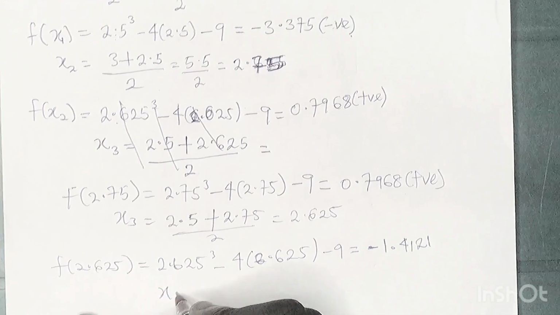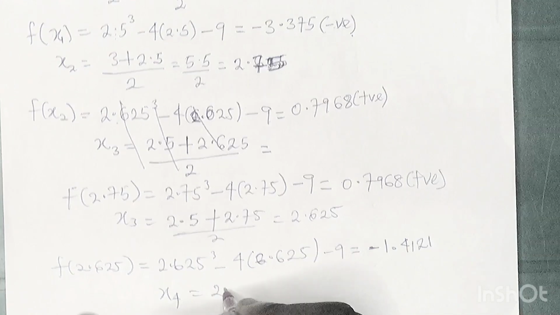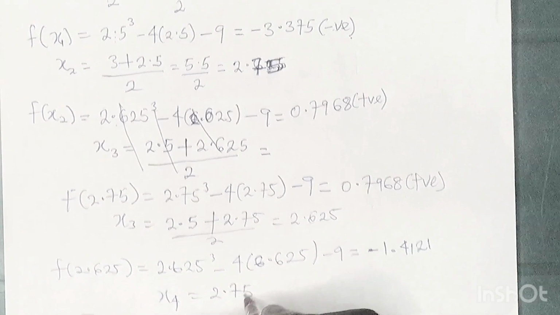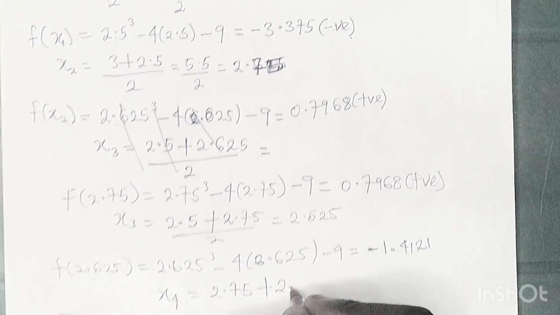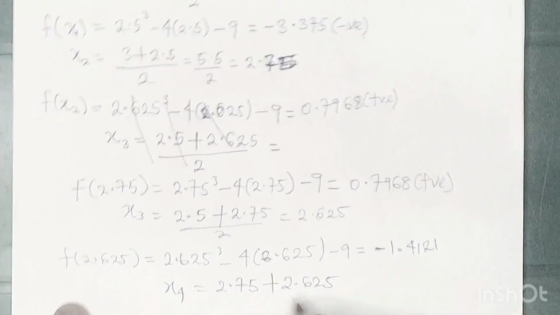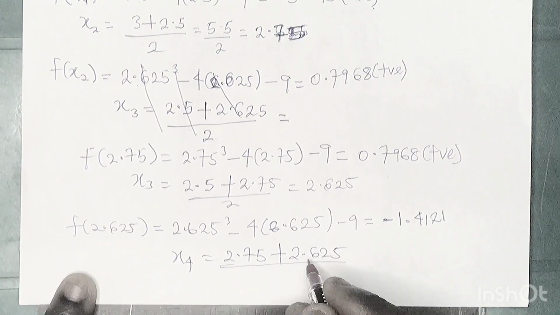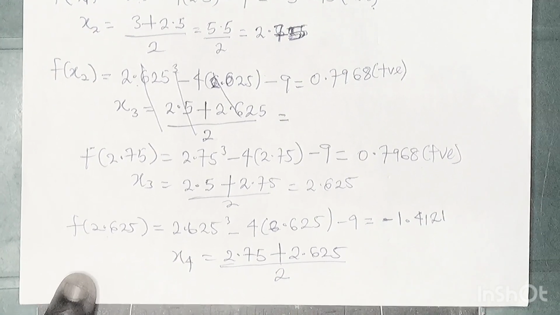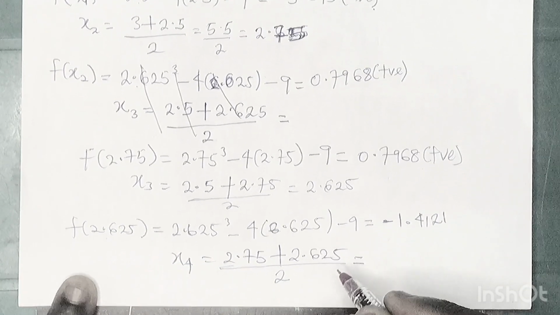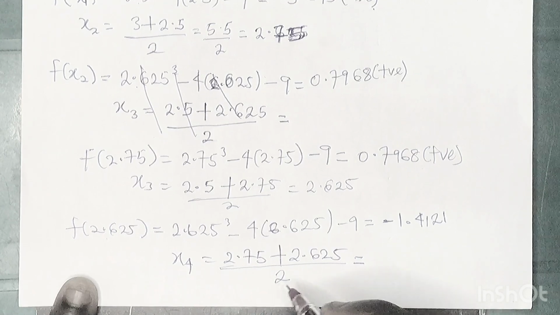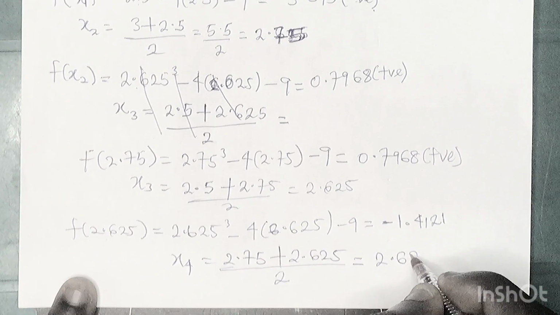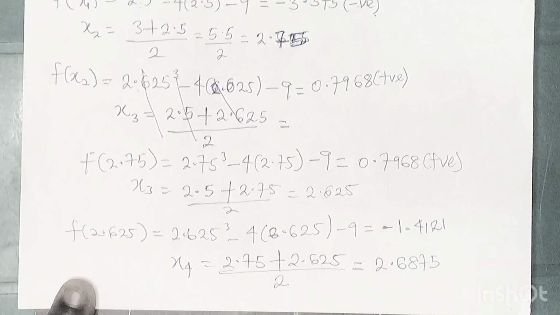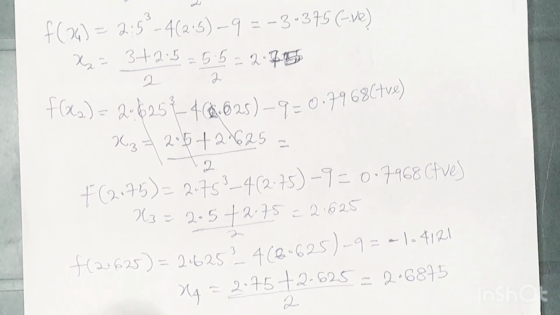So I'm going to have my x4 now, which is 2.75 plus this one now, which gave me this. So that's 2.625, then divided by 2. All right. So if we add those ones up together, you are going to have 2.6875. If you divide your answer, you are going to have